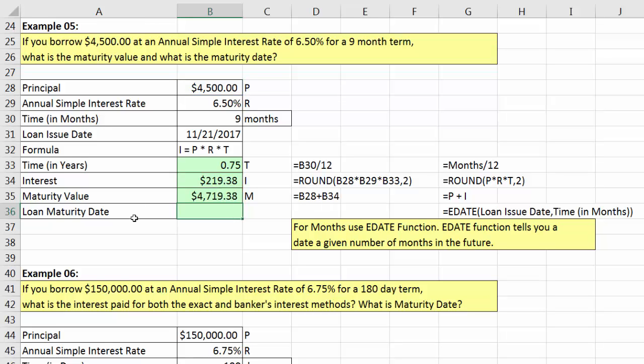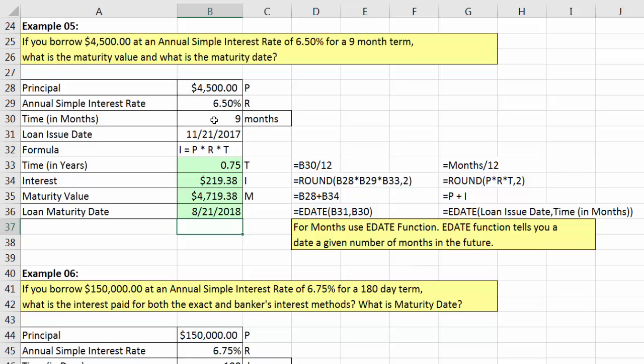Now loan maturity date. We actually have done lots of date calculations in this class. We've seen e-date a bunch of times. E-date is the function you want to use when you have a particular date and you want to move forwards or backwards a certain number of months. So equals e-date will come to our rescue. Now remember, we have to use e-date because we couldn't just take 9 times 30, 270 days, and add it because each month doesn't have exactly 30 days. I take the start date, comma, and months. That's how many months you want to jump forward in our case, or backwards if you put a negative number. Close parentheses, and there it is,